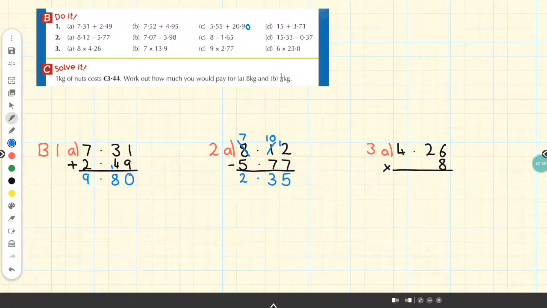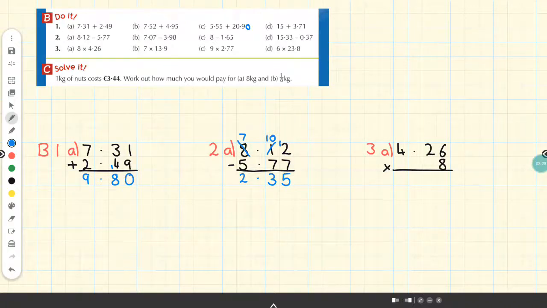And then for number 3, we're doing our multiplication. So there's the whole number first multiplied by the decimal number. But whenever you're doing these sums, as Mr. Doherty has here for 3a, always put the decimal number on top and then the whole number goes on the bottom, as it makes it then easier to complete the sum. And for our multiplication, we always start on the right hand side,